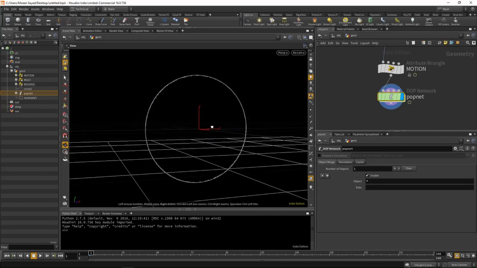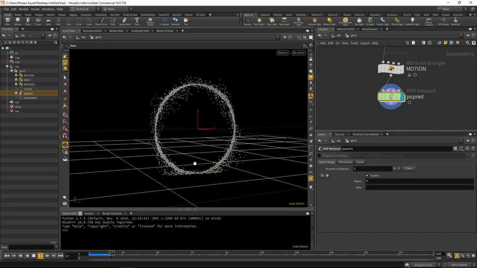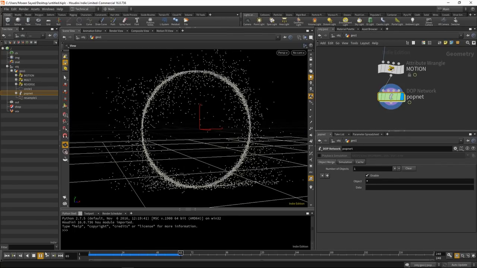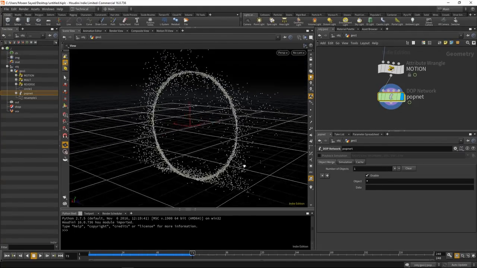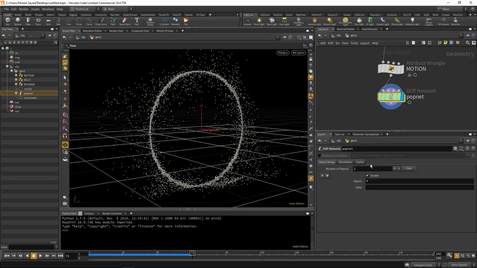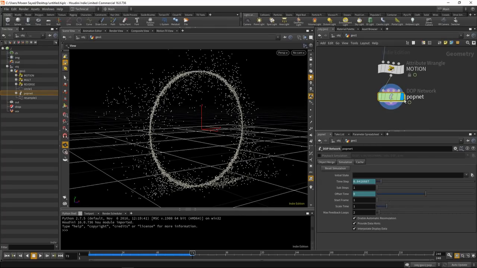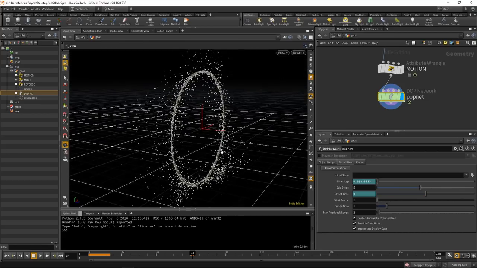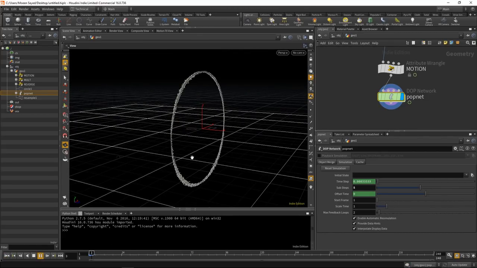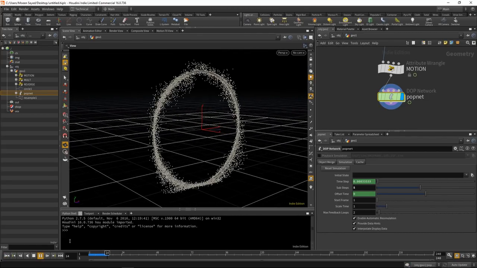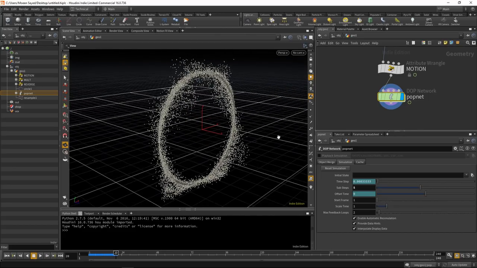Jump up. And if you play this back, you'll see that it's quite sparse, and that the effect isn't actually that definite. And to fix that, we can just go to simulation outside of our pop network and set the sub-steps to 5. And these sub-steps will increase the amount of particles, but also if you decide to introduce some motion,